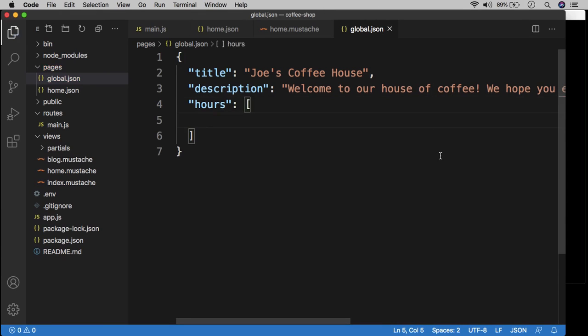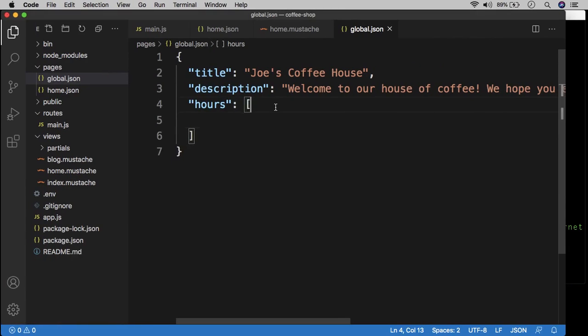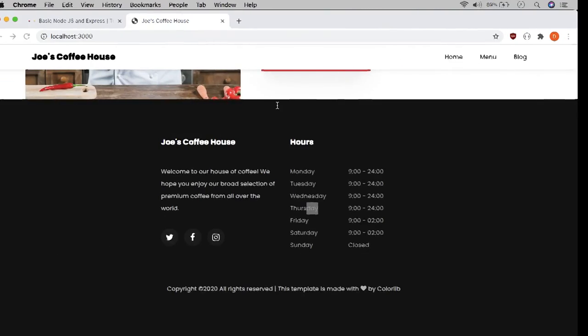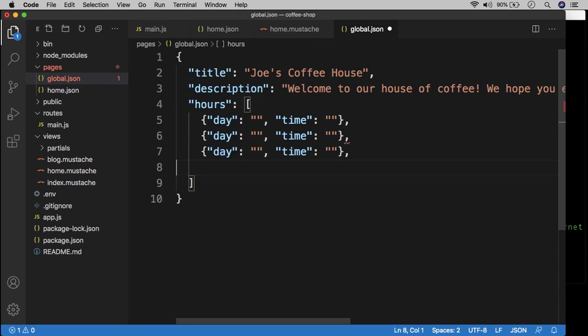And this is going to be an array because it's going to have one for each row, right? And each object will have days, day, we'll just call it day, and then time. So then we're going to have one row for Monday through Friday, another one for Saturday and Sunday. So let's go with that. So Monday through Friday,